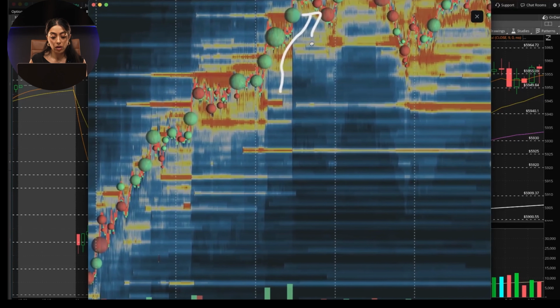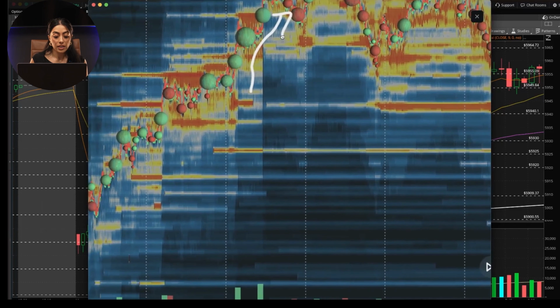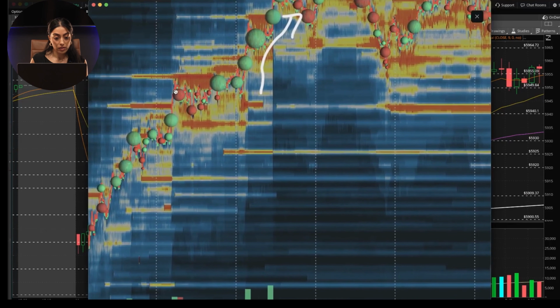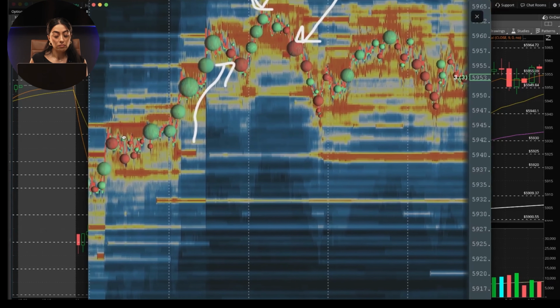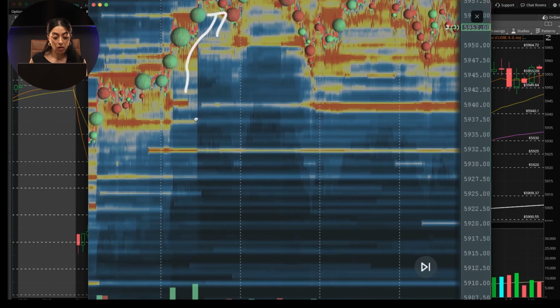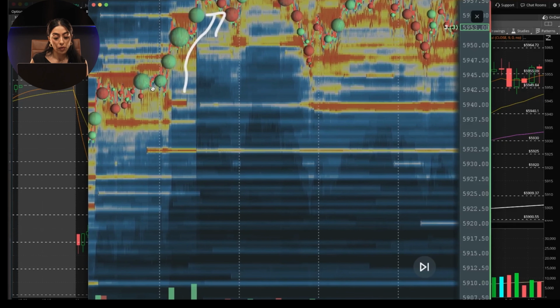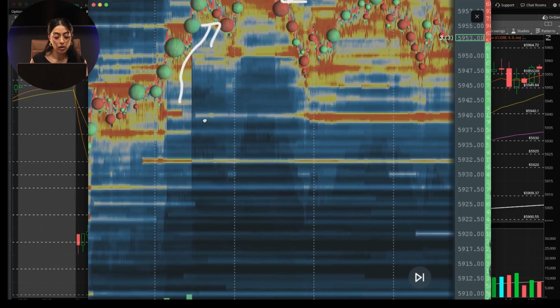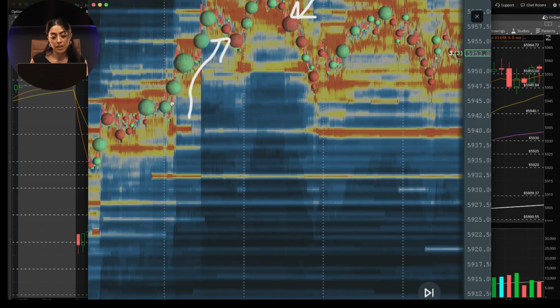So if we go ahead and look, at 6:48 I scaled out because we had a wall at 59.45, my first scale out. The second scale out was at 10.02. You can see the push up here. I could have held that 10.02 a little bit longer to around 10.10, but I ended up scaling out because